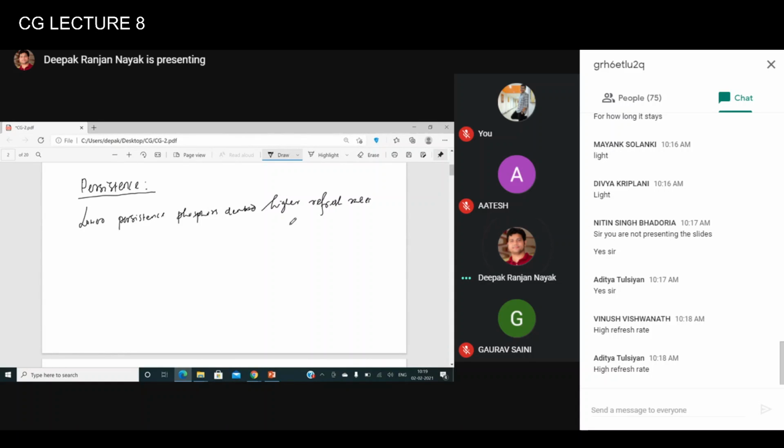So that is why the low persistence phosphors are basically used for animation, right? And a high persistence phosphor is useful for displaying highly complex pictures, or you can say static pictures, right?